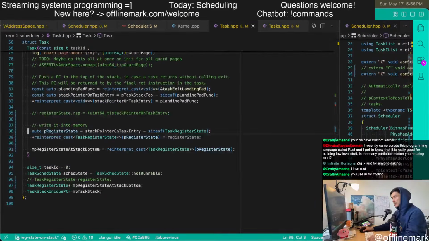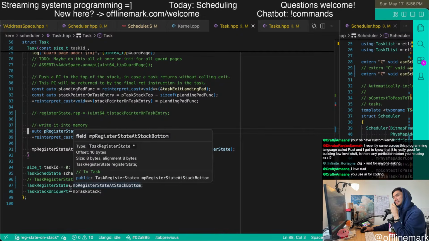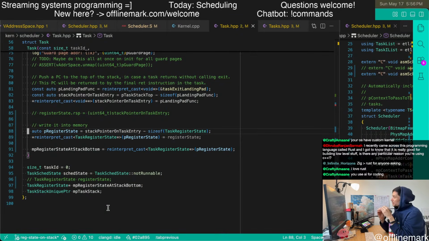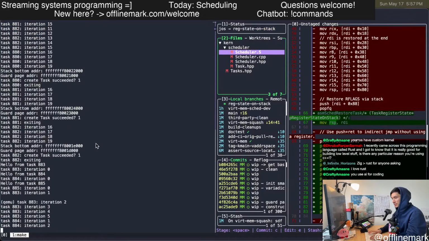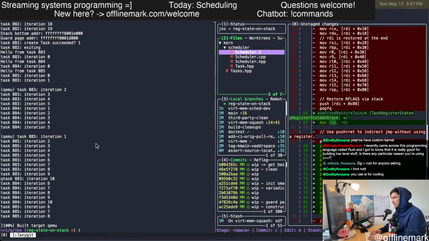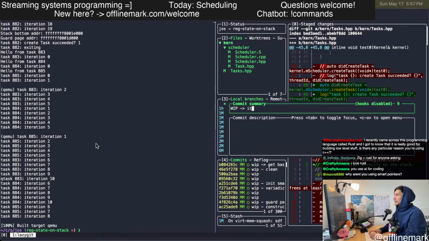I'm not the biggest fan of how it adds this pointer over here, because now hopefully this pointer is not null. This pointer should never be null. Like, this is just sort of the stupid way to do it. I feel like you just put the thing in the task struct. This is a little bit more complicated, but yeah. So this is working pretty nicely.